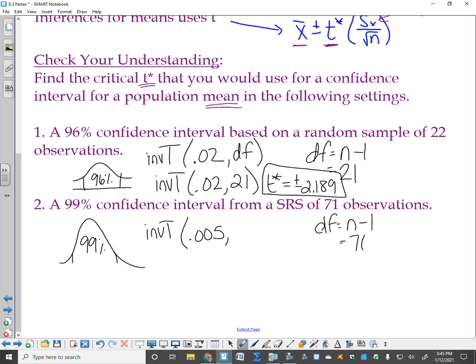71 minus 1 would be 70. Now that's a very high degree of freedom. That's a lot of observations. So this one is going to look more normal than one with a sample size of only 22. So then I'm going to go to my calculator